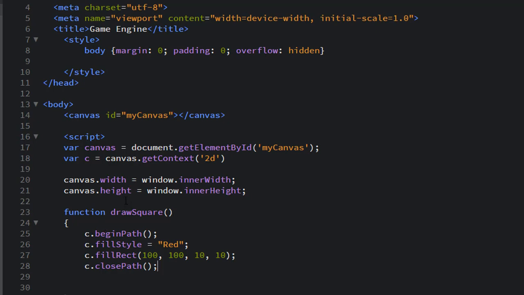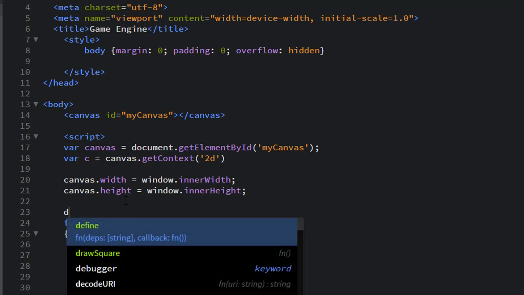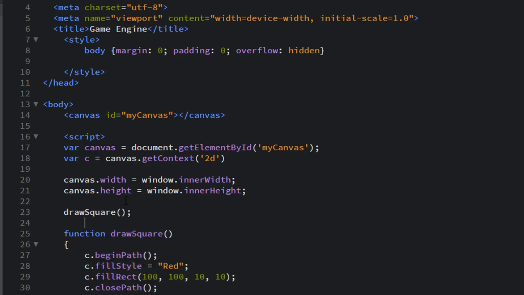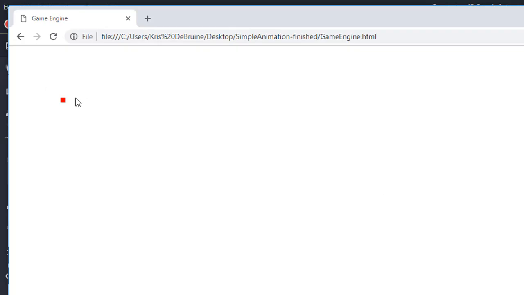And if I were then to come out here outside my draw square and just call draw square, we know that if I save this and view it in my browser, we simply get a little red 10 by 10 square drawn at 100 over, 100 down. Okay, that's a pretty static